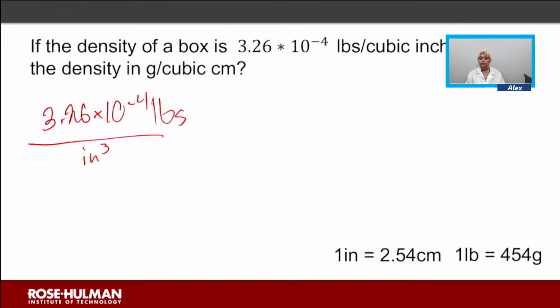So this is similar to the ones that we did for speed, where you're dealing with two different units that you have to focus on in the same calculation. So first we're going to get rid of pounds and change that over to grams. So for every 1 pound, there is 454 grams. And this is where it gets a little bit tricky, because since we are dealing with a unit of, oh my goodness, I said that wrong. So instead of volume over area, it's mass over volume,